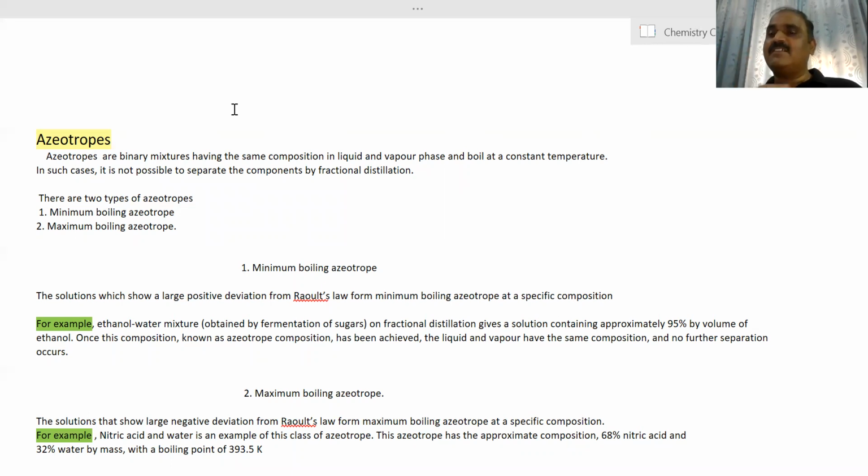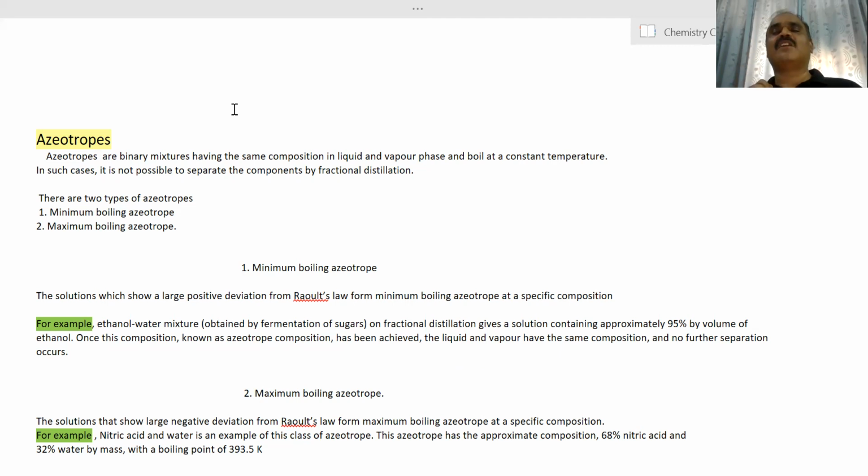And the concentration of the solution will keep on changing. Means the mole fraction of water will not be the same at the end of the experiment. It will change. Clear? So when we boil solutions, their mole fractions change. Their composition changes. So on boiling a solution, its composition gets changed. But what if a solution boils without any change in composition?